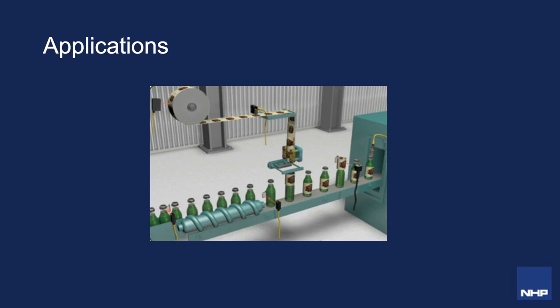At the third point, we can see we're detecting the label orientation before its use to ensure the label roll is correctly orientated with no issues. So here this could be done via a diffuse sensor depending on the reflectivity of one side of the label versus the other. Now this could also be done via a color and mark registration sensor. So if the label has specific marking on one side for detection, this could also be used to ensure correct